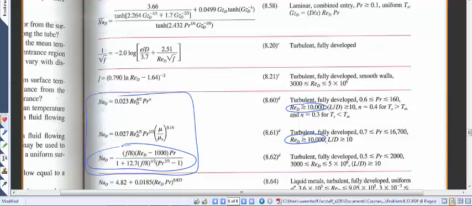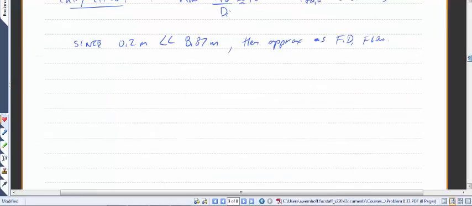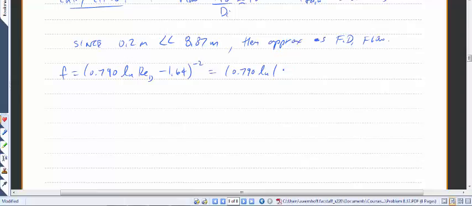Now, in order to calculate this Nusselt correlation, we need to have the friction factor F, which we can calculate using this equation right here, 8.21. So we'll go ahead and do that, and that'll allow us to calculate the Nusselt number. To calculate the friction factor, we say F is equal to 0.790 times the natural log of the Reynolds number minus 1.64 all to the minus 2 power. And if we plug in our numbers here, 0.790 times the natural log of 7,450 minus 1.64 all to the minus 2, we get